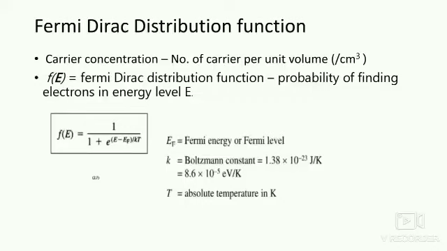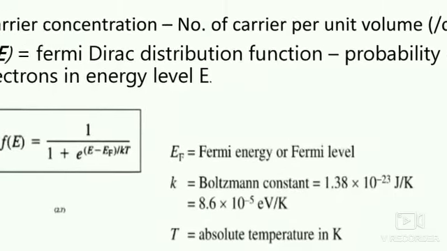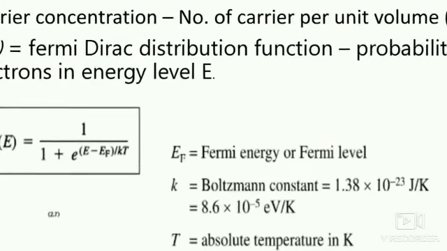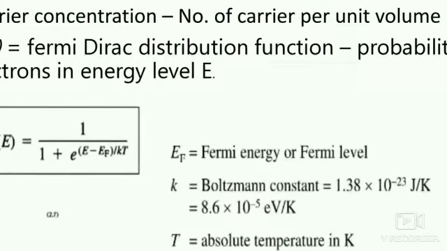The Fermi Dirac distribution function is denoted by the letter f of E, and that is normally defined as probability, that is the chance of finding electron in the energy level E. That is why this capital E is represented in the function f of E, and the f of E is stated by the equation 1 by 1 plus e to the power (E minus EF) by kT, where E is the energy level which is chosen, EF is the Fermi energy or Fermi level,